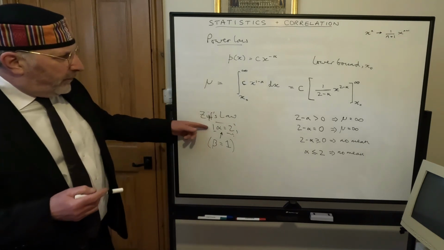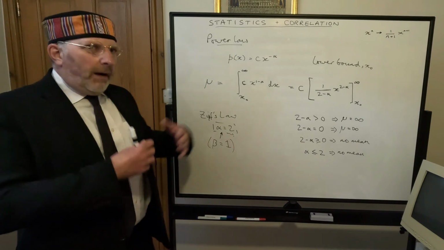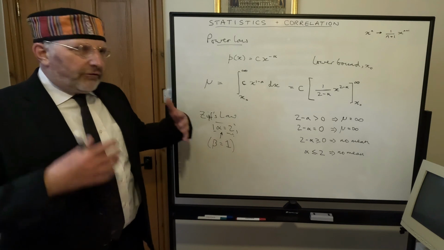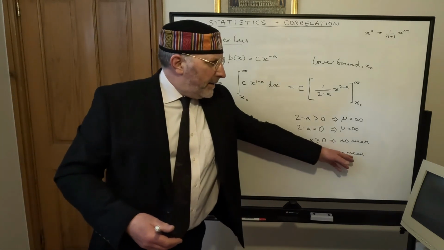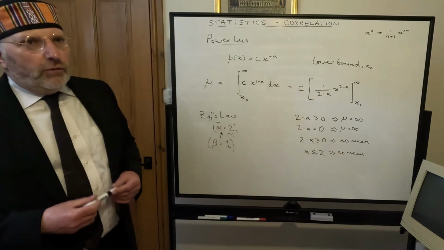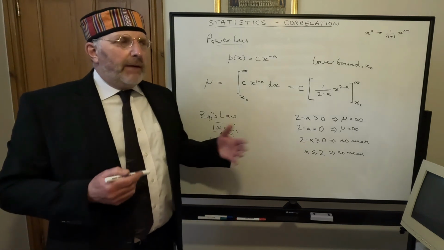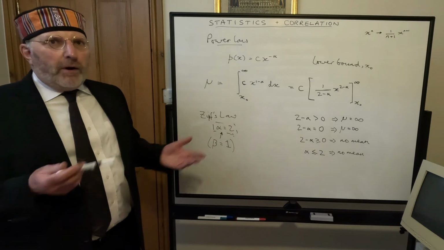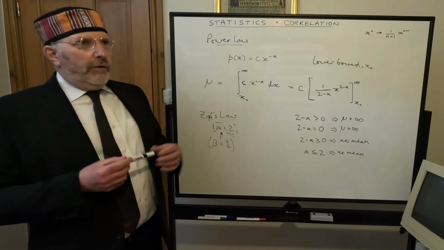But yes, with Zipf's law, because arbitrarily large events can occur, there is strictly no mean, or the mean is infinite, or we sometimes say the mean diverges. And I talked earlier about how this is a problem in the stock market, where if you